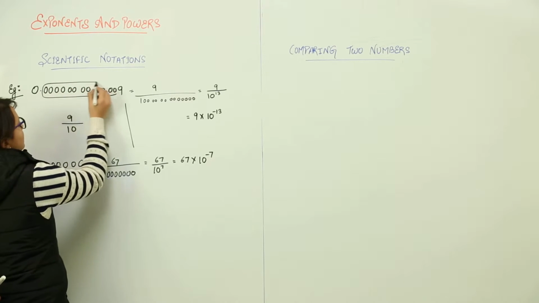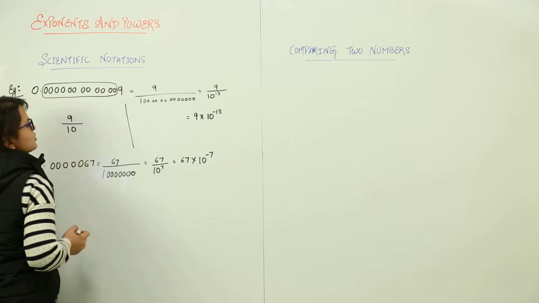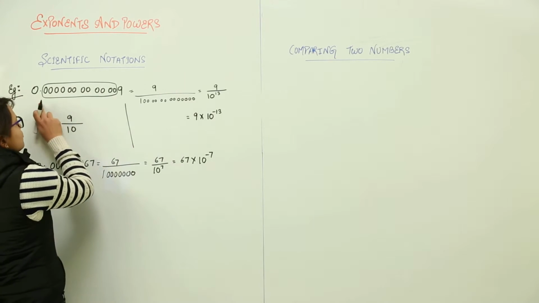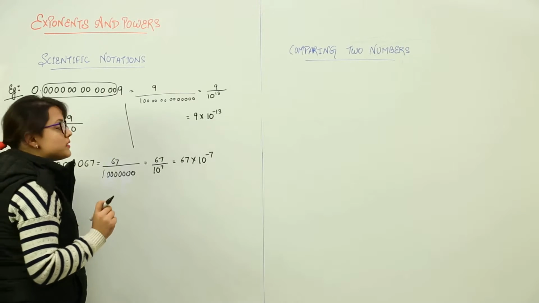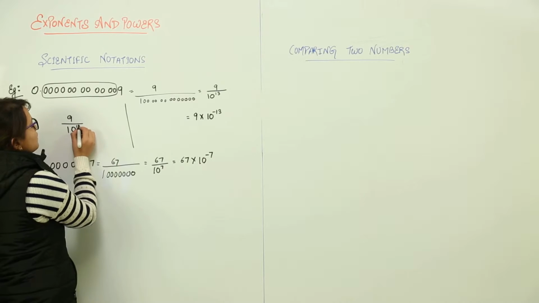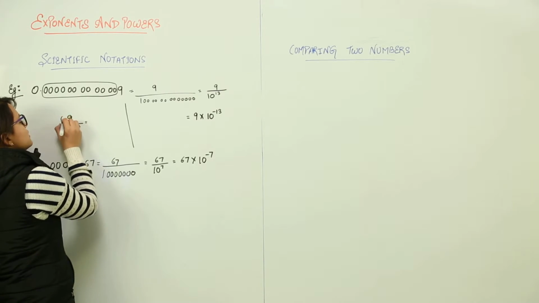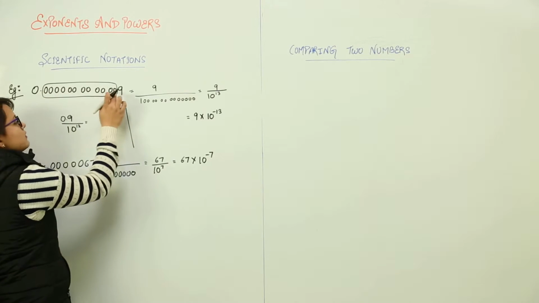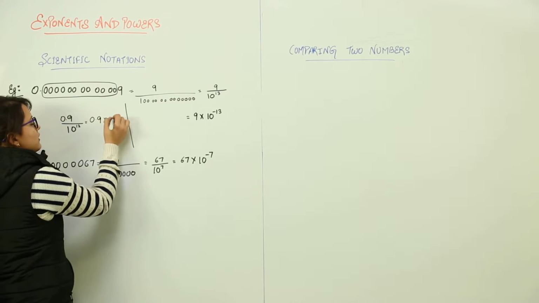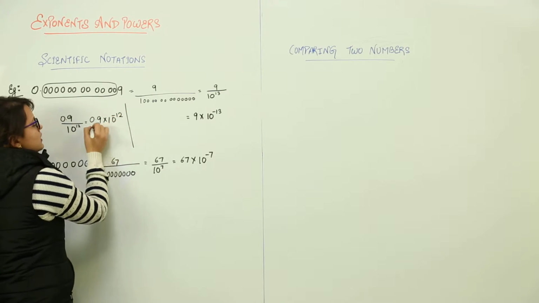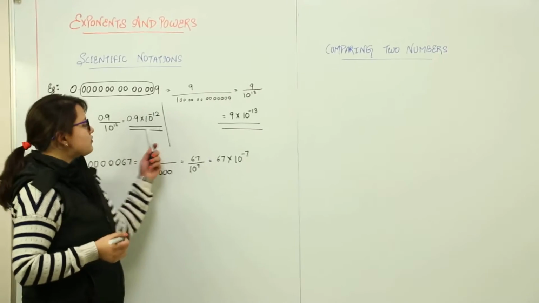I am repeating again. These were 3 plus 3 plus 3 plus 3. 12 places. That means I am moving my decimal place how many times? I am moving it up to 12 decimal places. So I will write 12 in the denominator. This can become 0.9 only because I have had the decimal point here. So it would be 0.9 into 10 raised to power minus 12. This is also correct and this is also correct. Can you identify the difference between them?